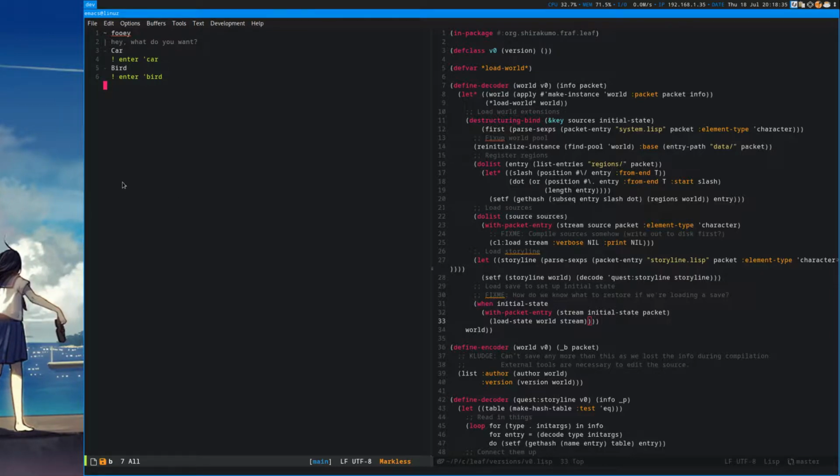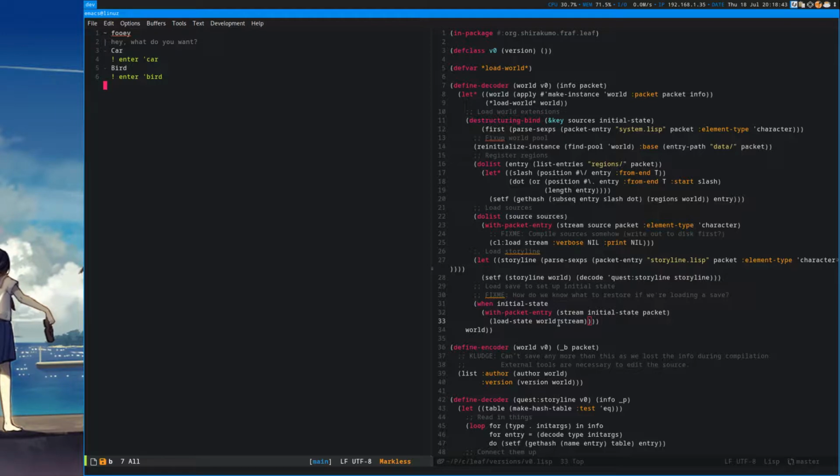So I think the only initial state that we require at all for the world itself is which region we start out in. And I think that should contain all of the information necessary to start out, with the exception maybe being which quests should be activated automatically.